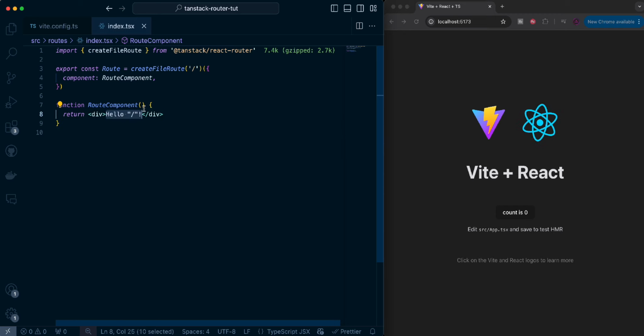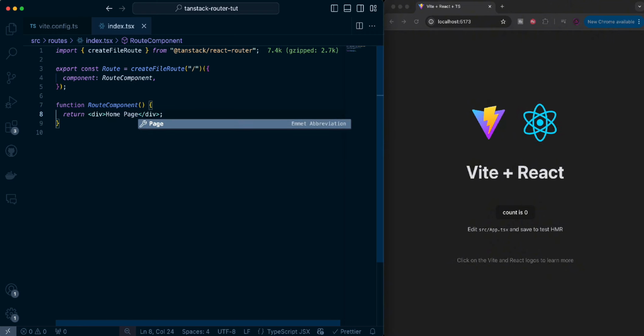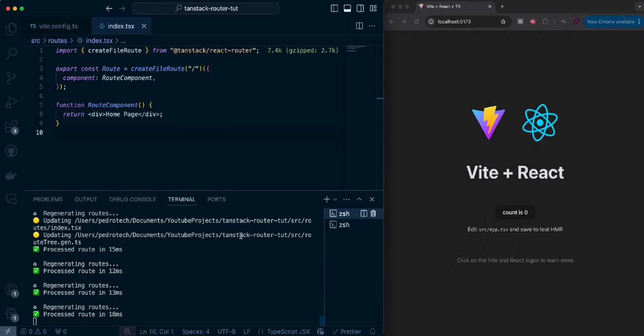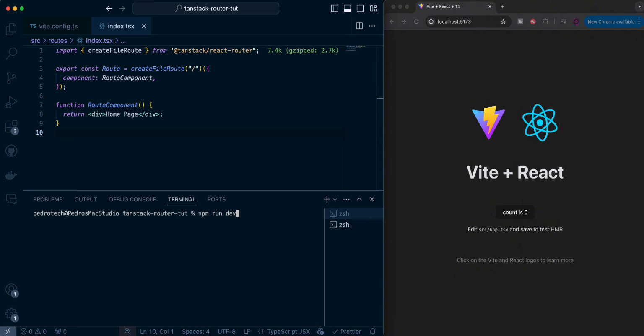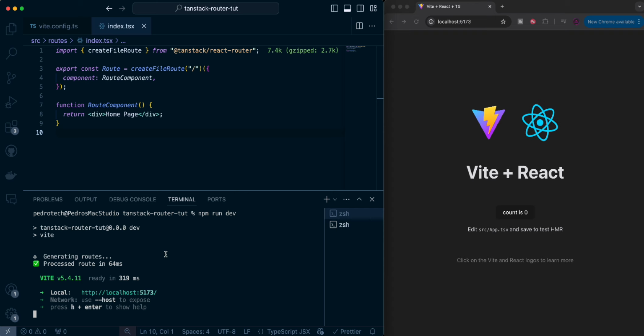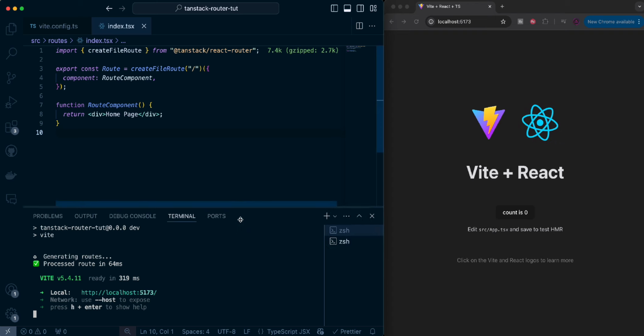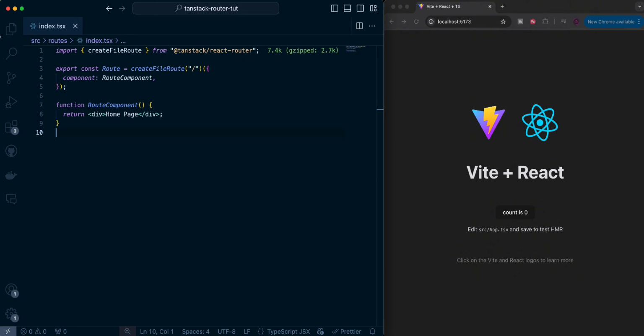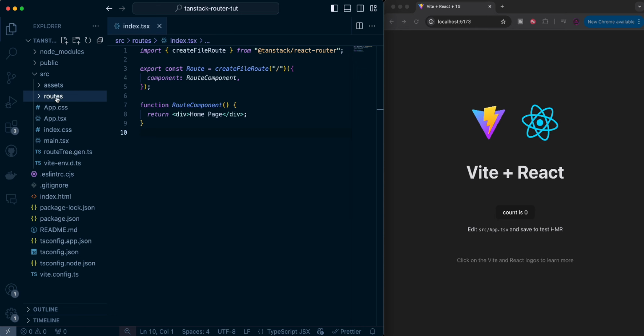We now just have here a little div saying hello, and we're going to change this to homepage so we can have a visual representation that our routing system actually works. And I am currently running my app, right? As you can see, I have my app running down here. But if you don't have your project running, or if you already had it running and you had to reinstall the package, I recommend you close this and run npm run dev again, because by running it again you allow Vite to exercise its tools in this plugin and generate this file in our application whenever we create a new route, which is the